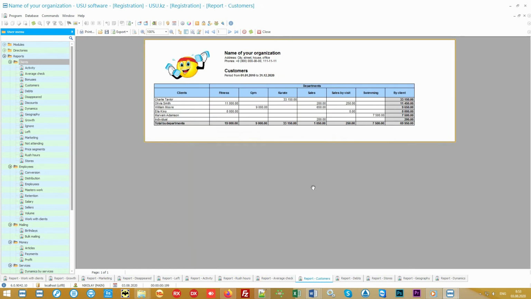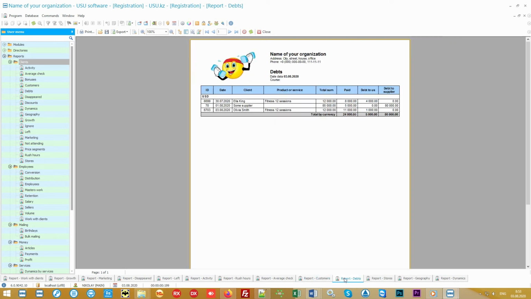But in any mass of ordinary customers, there are those who stand out from the crowd, who are willing to spend more, but also require increased attention to themselves. You can easily identify these most promising customers by creating a rating report. At the top of the rating will be those who spend the most money on you, and the lower the rating, the less interested the customers are. In addition to everything, you will be able, if necessary, to create a register of debtors.